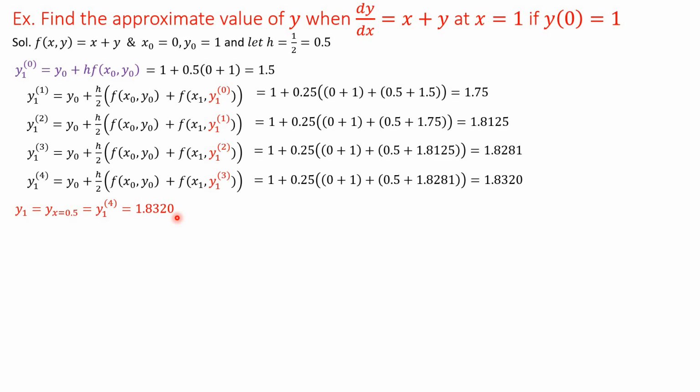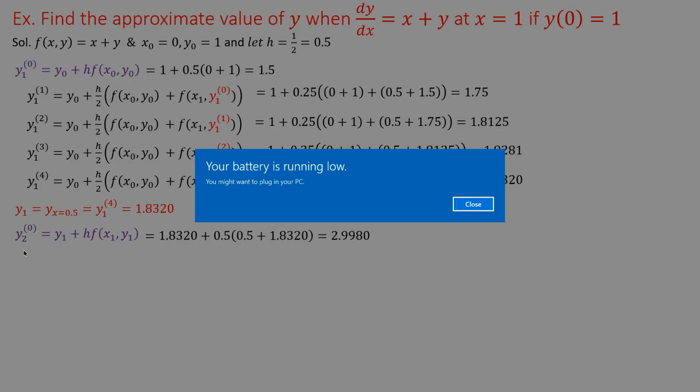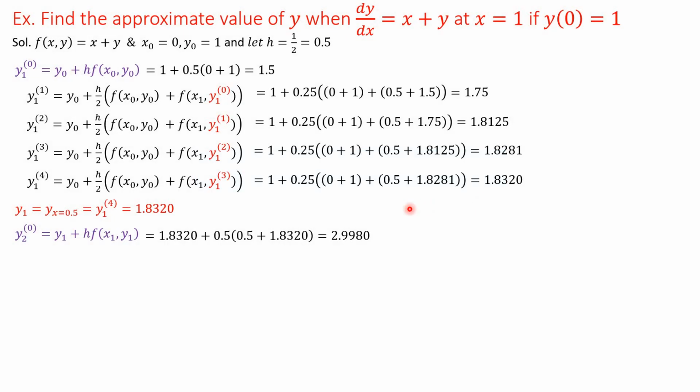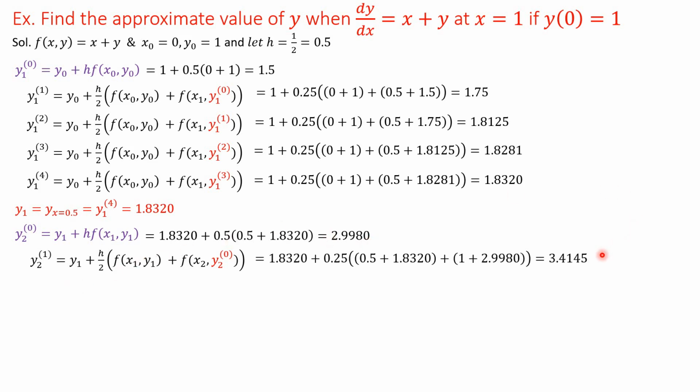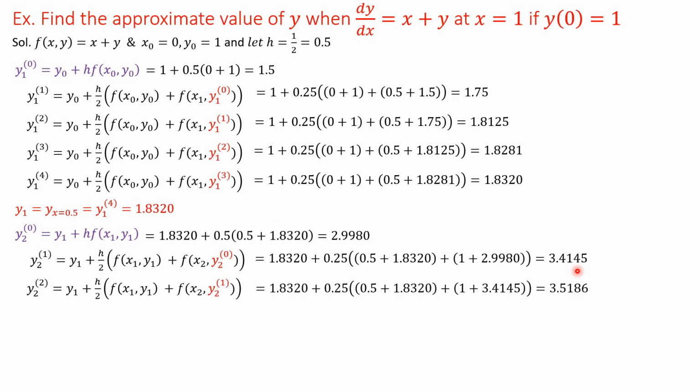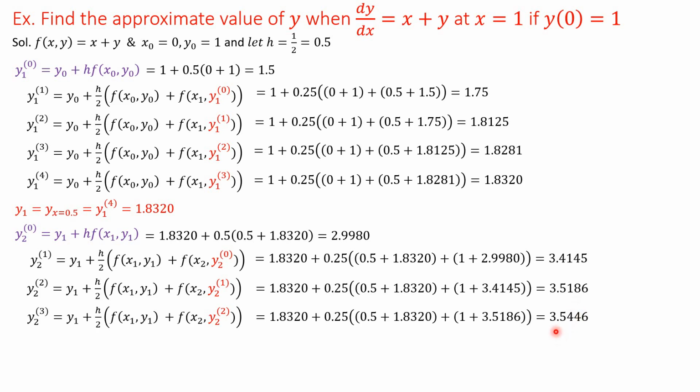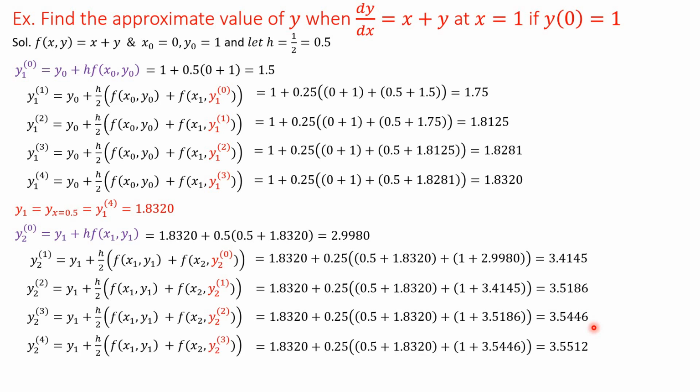So for that again we have to repeat the same process. Now we will find the predicted value of y2. The predicted value by Euler's method is 2.9980. Okay, now we will correct this value by using the corrector formula. It is 3.4145 first corrected, then the second corrected value will be 3.5186, the third time corrected value will be 3.5446, and the fourth time corrected will be